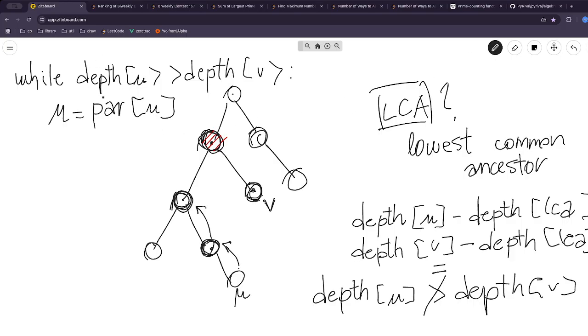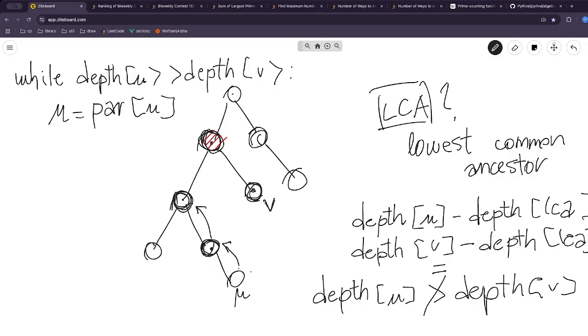And notice that this is a slow algorithm, right? Because if we're going one by one, this could be the whole tree, right? And so this wouldn't be fast enough. But I'm illustrating the idea. Then we're gonna find a way. This binary lifting is gonna allow us to make jumps, so that we can do this quickly, right? And so,